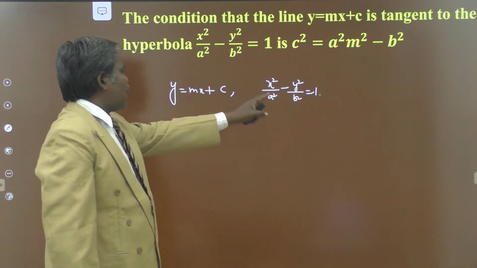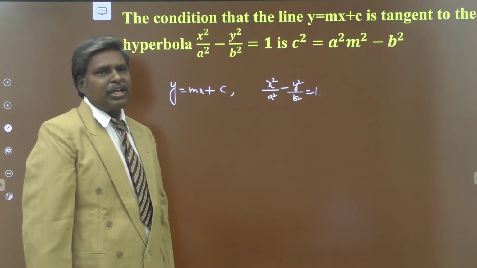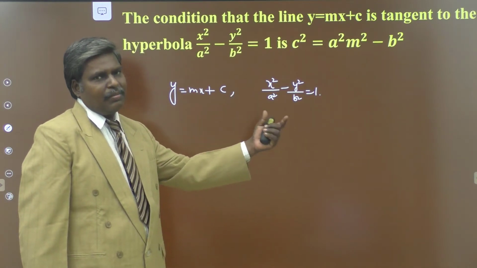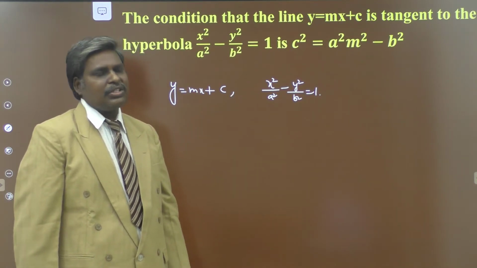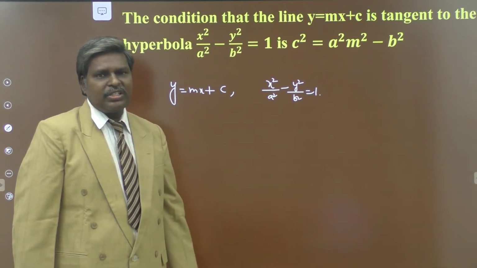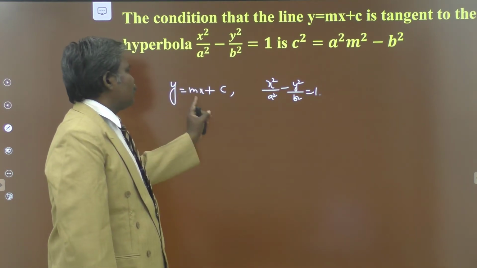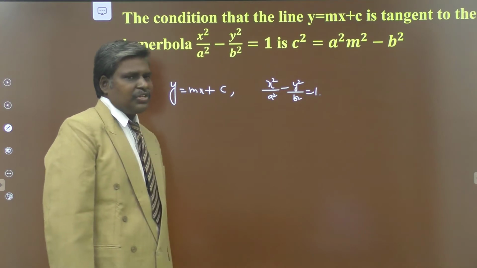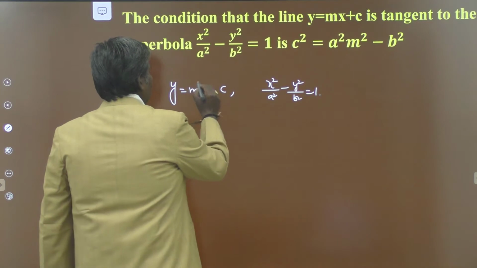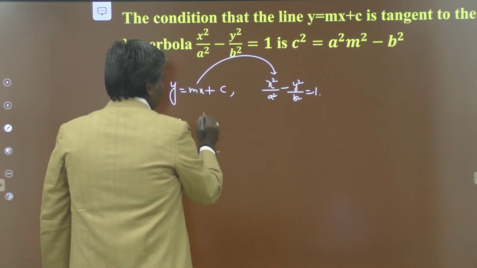Now substitute the line in the curve and make b square minus 4ac equal to 0, because both roots are coincident. Suppose the line intersects the hyperbola, make b square minus 4ac greater than 0. Suppose it doesn't intersect the hyperbola, then b square minus 4ac is less than 0. Here they are asking only the condition for tangency. So you just substitute the line in the curve equation and make its discriminant 0. So what is the value of y? mx plus c. I substitute the y value here itself.